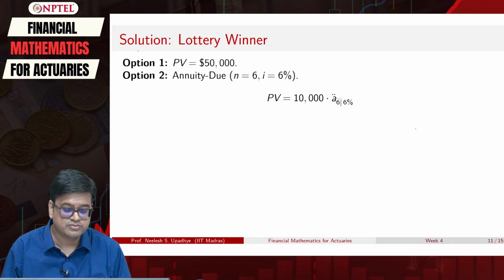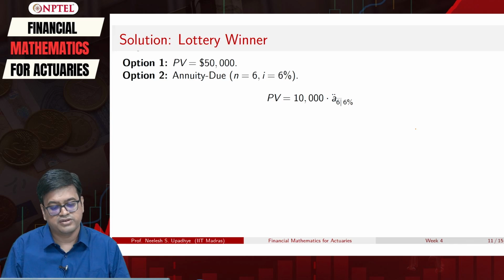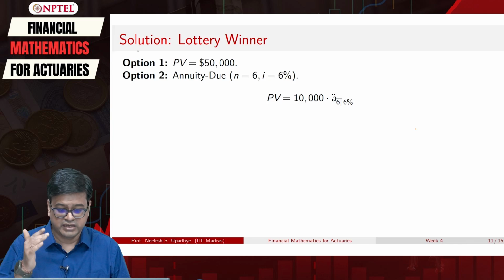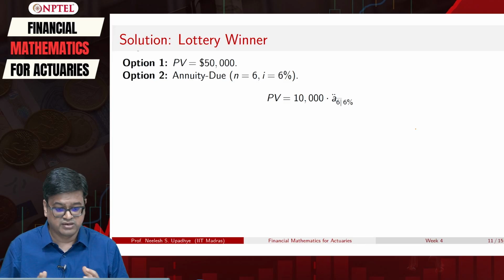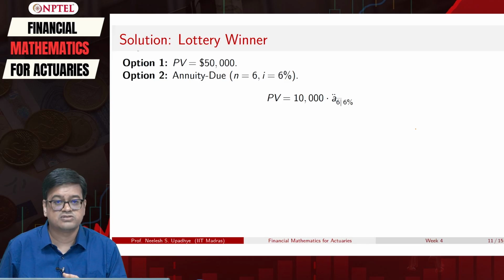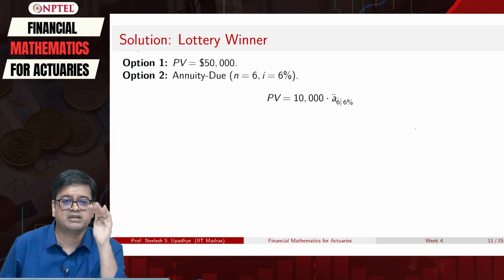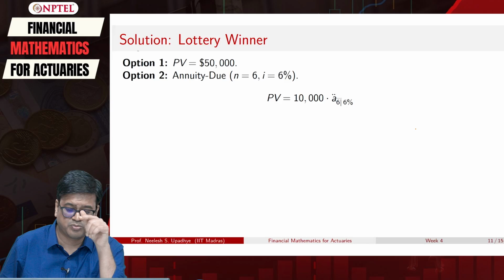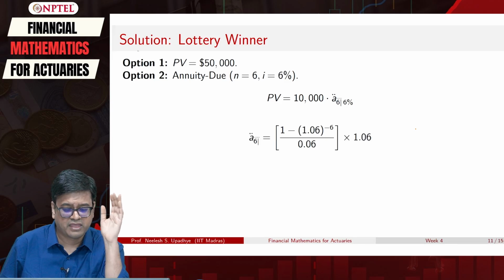So annuity due is essentially you will get 10,000 upfront, right? So it's annuity due. So 10,000 ä angle 6 at 6%. Okay. So you already know the formula. We will simply substitute that formula, and in this formula also we know that we will first calculate this annuity immediate and multiply it with interest rate 1.06, right. So that's what we are going to do, nothing else.